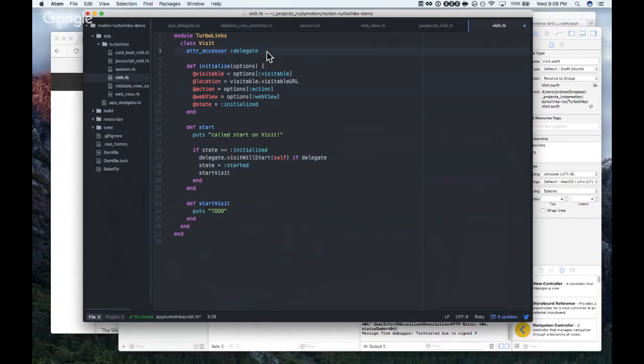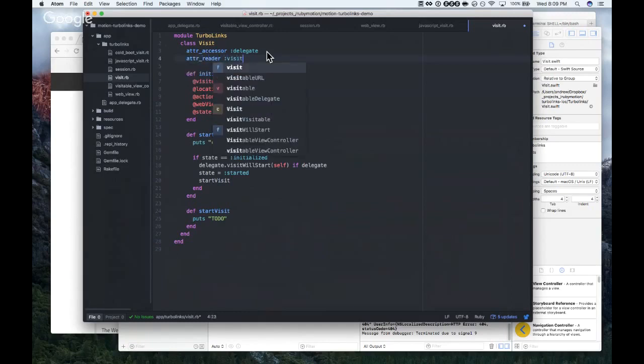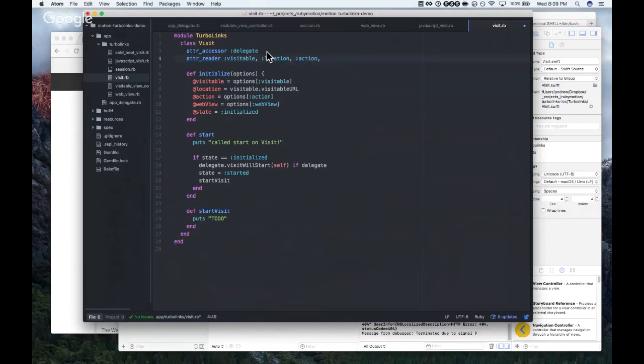And full location, action, web view, and state.